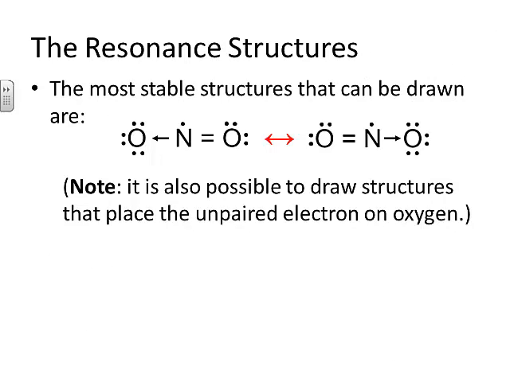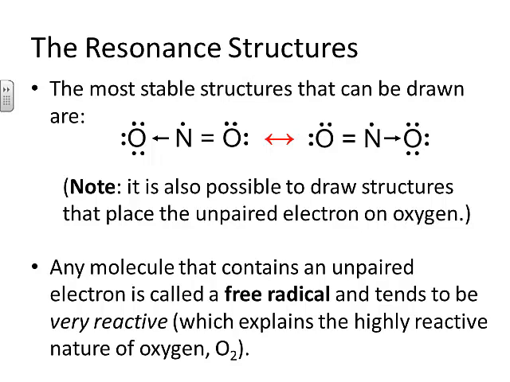The most stable structures that can be drawn are shown here. Now note, it's also possible to draw structures that place the unpaired electron on oxygen, but in this case we have an odd number of electrons, so it's just not possible for them to all be paired up. Any molecule that contains an unpaired electron is called a free radical and tends to be very reactive,